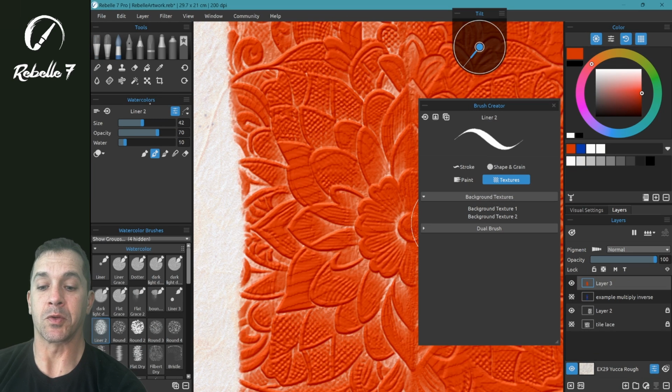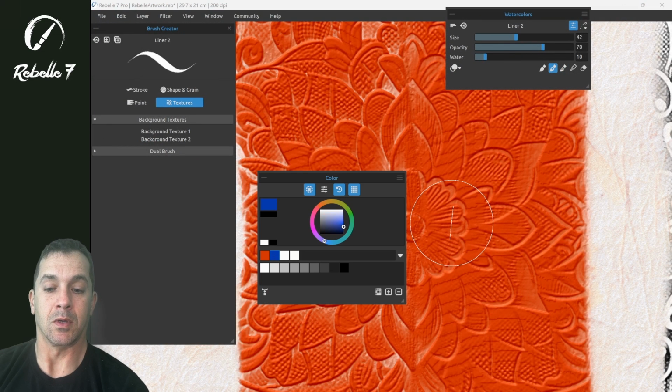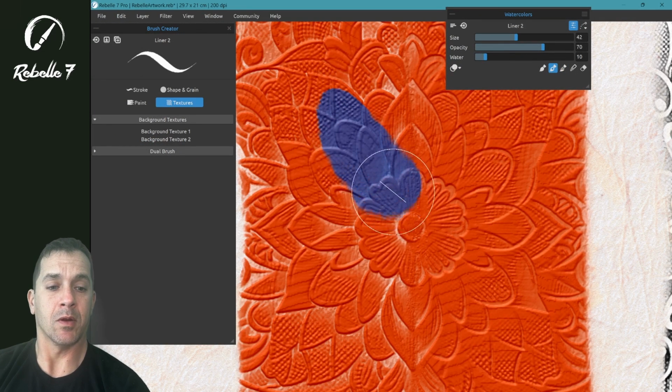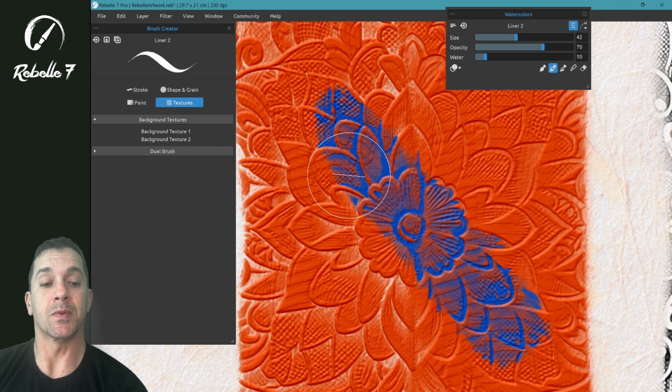Let's jump over to watercolor. I have a line or two selected already, so let's paint right across the top of this. And you'll see how this impasto is reversed here. On the right side, this is like engraving. We're cutting in. On the left side, this is like embossing. We're lifting up. And so if you wanted to create an emblem or something, this would be a great way